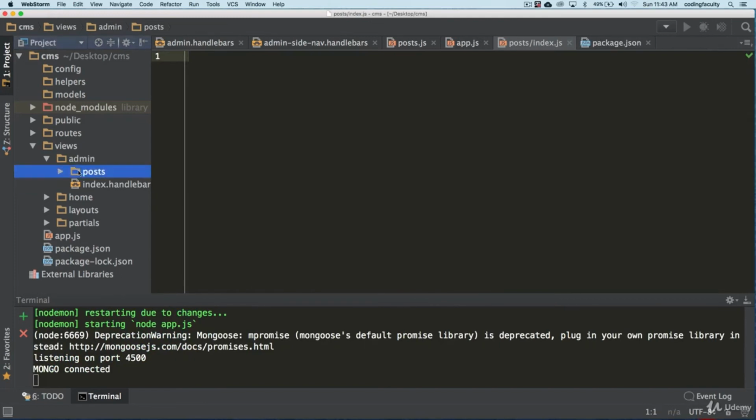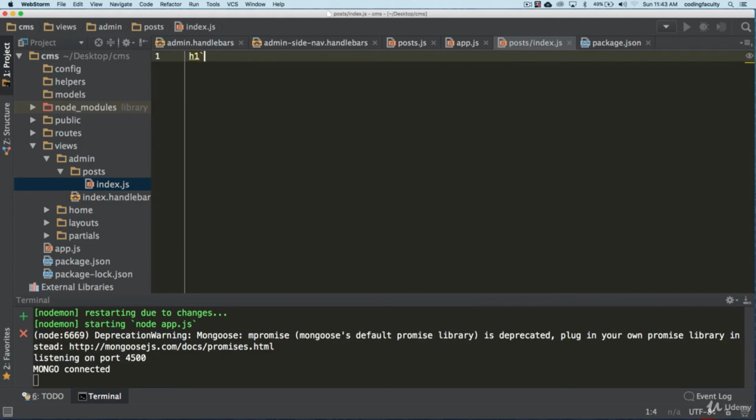So we have that view here. Let's go ahead and start creating it. This is just gonna take a little bit. Okay, so let's make sure that we are, oops guys, I'm sorry about that. It's supposed to be index